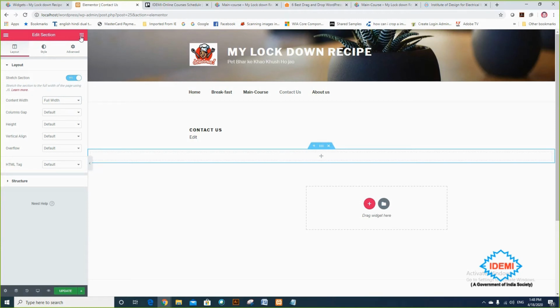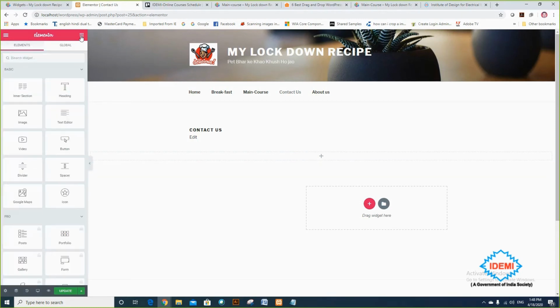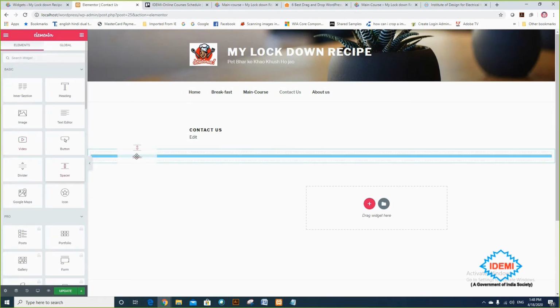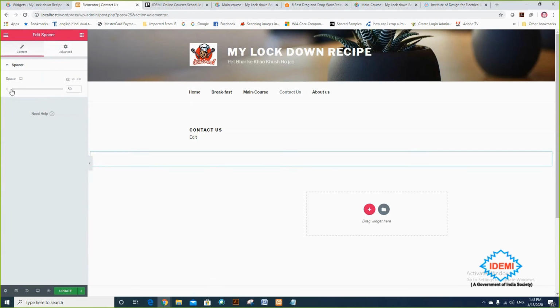It indicates that n number of options you can grab here. So I want a spacer here. Spacer means I can adjust the space between any two components, which is not there in a basic editor. So I'm leaving some space between the heading and the new component.